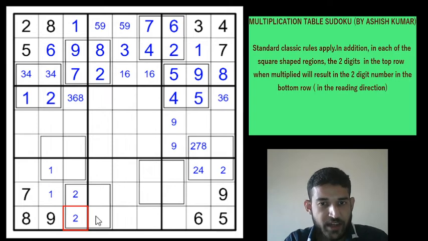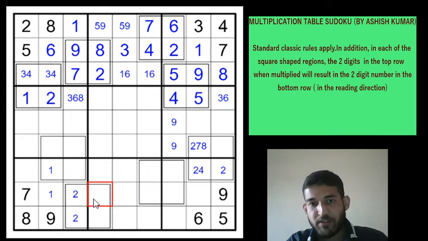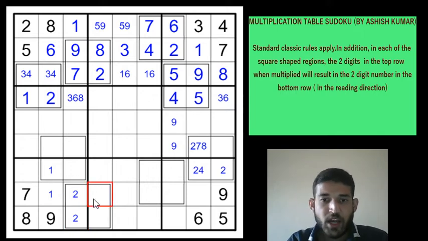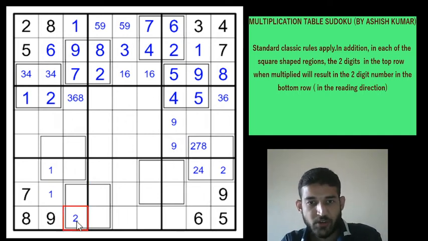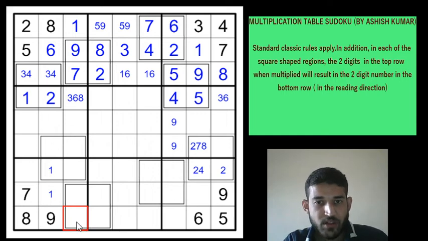Okay, this is again a very sharp piece of logic. Can you have the 2 in row 8 column 3? What happens if you have the 2 in row 8 column 3? Then what about the digit which comes in row 9 column 3? Because 2 when multiplied with anything which gives you a 2-digit number will always have 1 in the bottom row, right? But 1 is not possible because of these two ones. So that means you cannot have a 2 here. So this will be a 2. Fantastic. So now 2, 8, 9, 5 and 6 are in row 9.